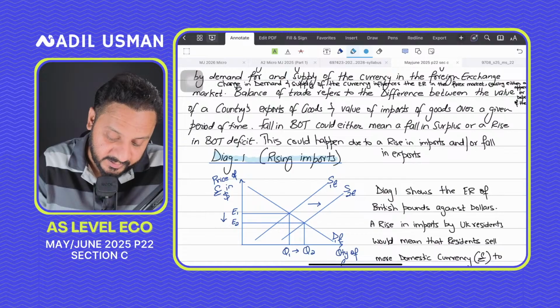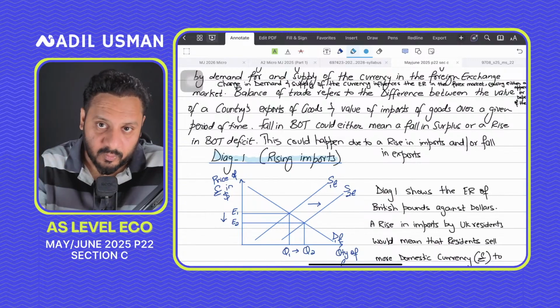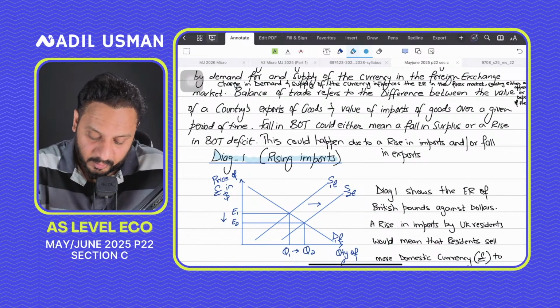Now, what I mean to say over here is, for example, look at the country of USA. Now, USA imports a lot, but then the fact that in USA,